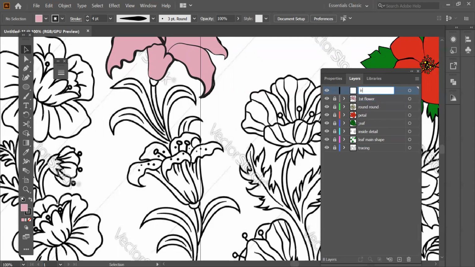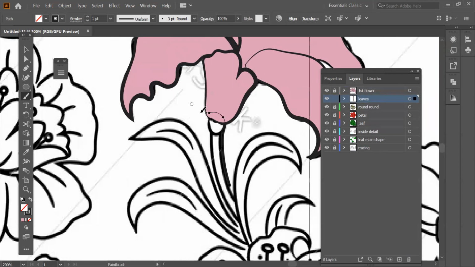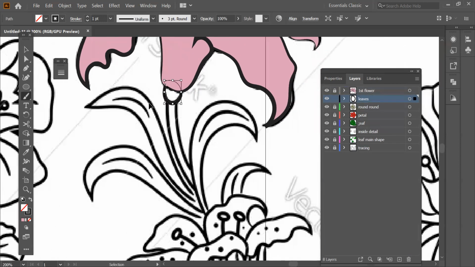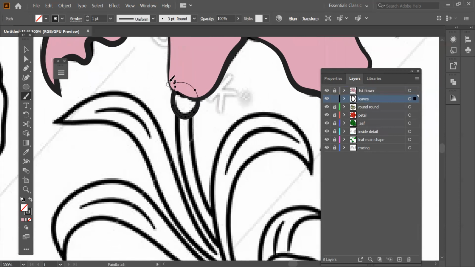So this one will become my leaves. Now see, if I put the leaves below the flower, it's going to be beneficial to me. So I'm just going to put the leaves below the flower. I'm just going to use the brush tool itself to draw. It's faster. Okay, the color is getting filled up. Now see, this one is active, so if I draw from here, you can see the line went to that side itself. It starts editing. Okay, this one is not fully closed, so I'll have to close it.